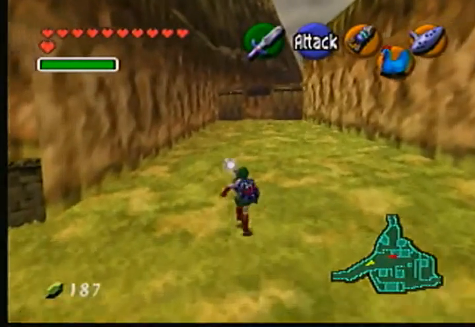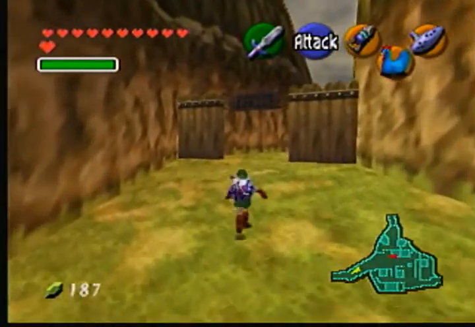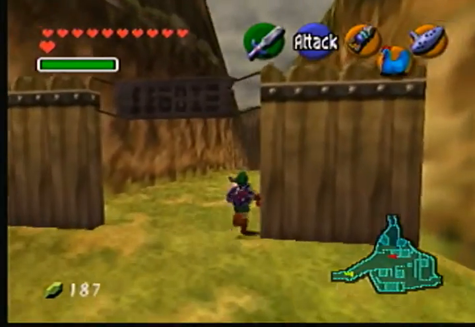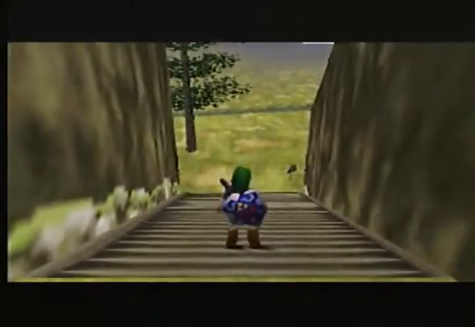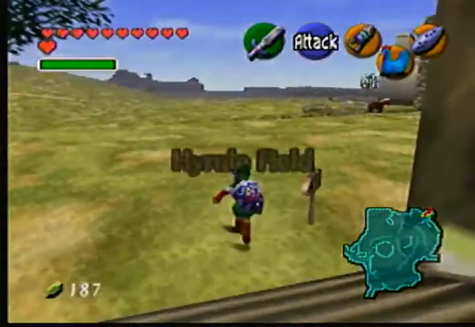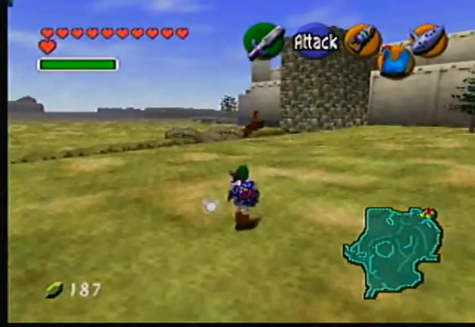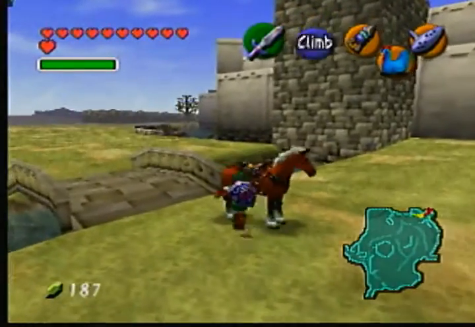So now what we're going to do is head back to Hyrule Castle. Or, well, what was Hyrule Castle? Like I said, there's another really hard thing that we have to do. There's an obstacle course at Lon Lon Ranch that is just absolutely difficult. I'm not going to attempt it right now. I will have to do it eventually as part of the game, but right now I'm going to have to get